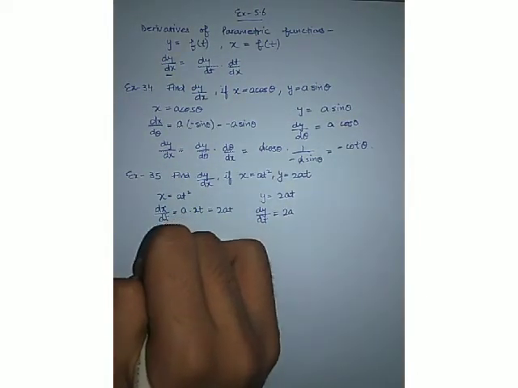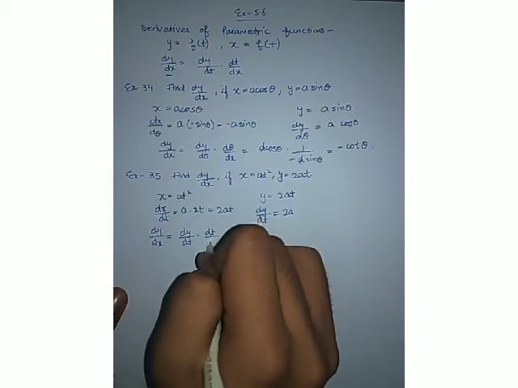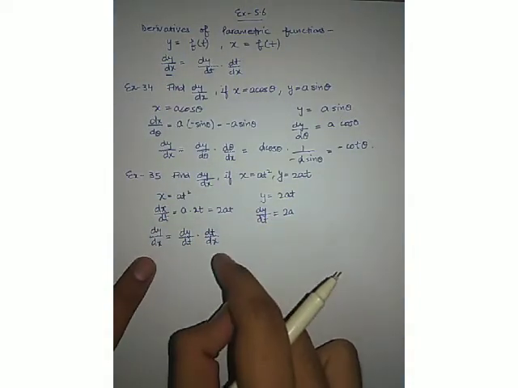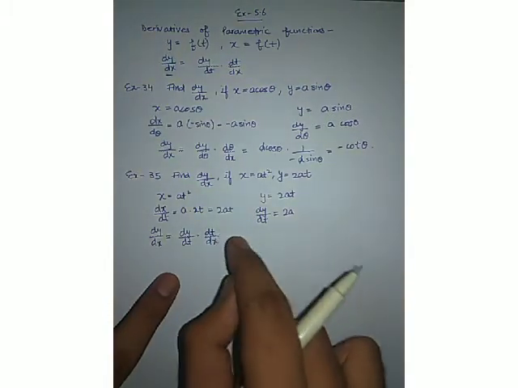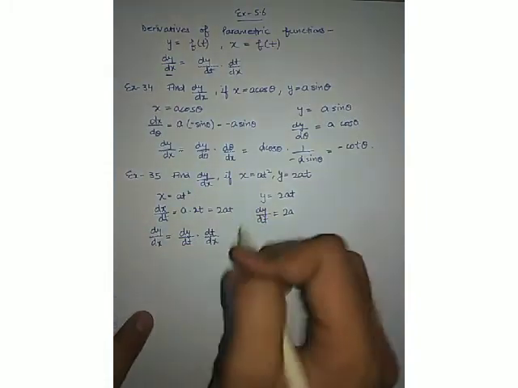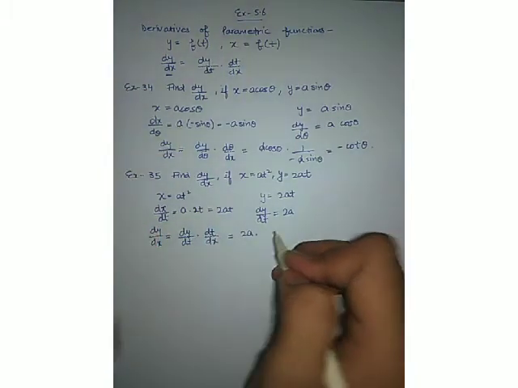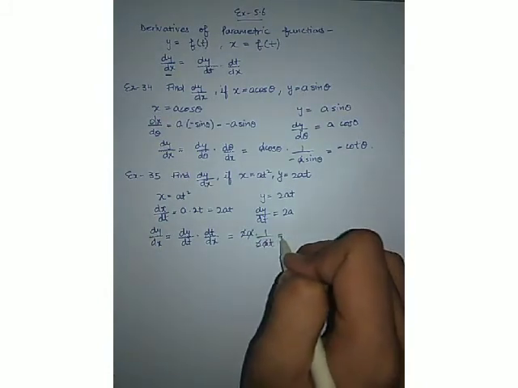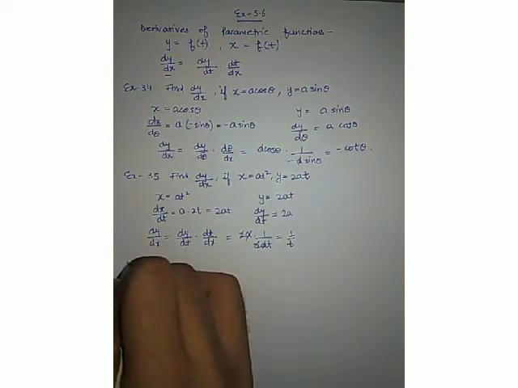Then again, what is dy upon dx equal to in this case? That is dy upon dt multiply dt upon dx. In your book, they have divided both of the results, but I think that multiplying both of the results is a simpler way. You only need to keep in mind that you have to find the reciprocal of the dx upon dt result. So now dy upon dt is equal to 2a. What's dt upon dx? That is 1 upon 2at. Now 2 and a will be cancelled out. Your answer will be only 1 upon t. Clear? Let's move to the next example.